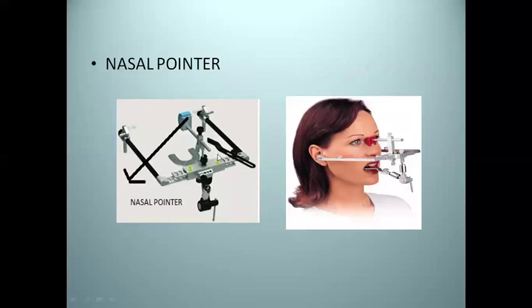Fourth is the nasal pointer. So in some phase bores, we have these nasal pointers. This nasal pointer fits into the nasion. As you can see, this is the nasion, which is a depression present below both the eyebrows in the center. So some phase bores use orbital as the reference point, like in case of Hanau wide view, and some use this nasal pointer, as in case of Whip Mix. So this is the third reference point. It varies from phase bore to phase bore, and the articulator depends on it.